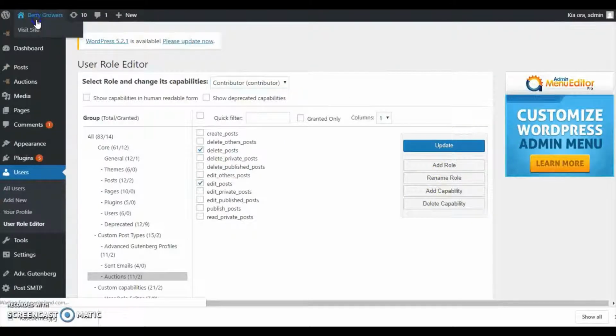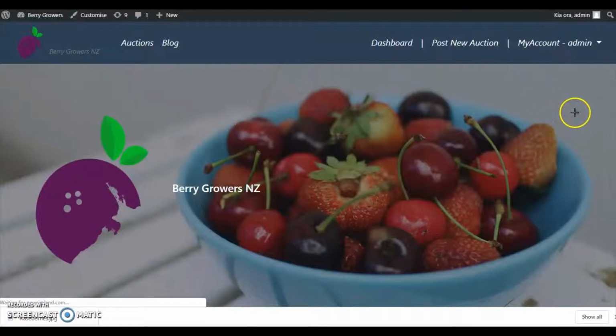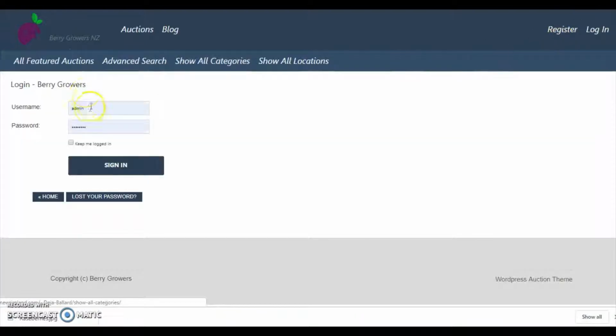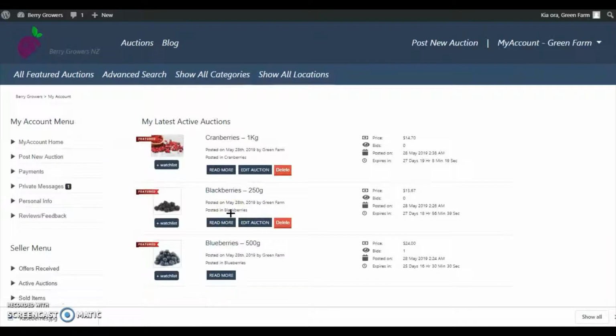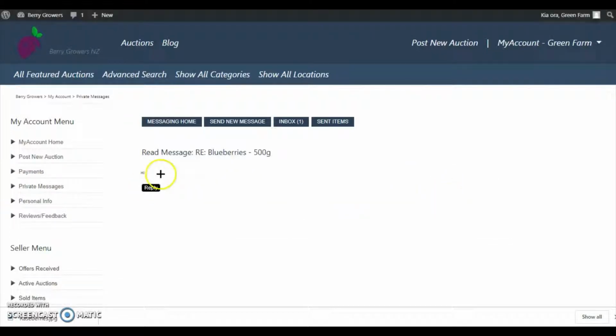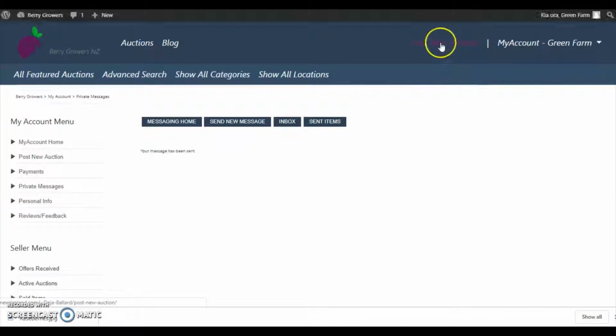Speaking of the farmers, let's move over and have a look at the posting process. And also, there's also web private messages, which I think will be from what we just said before. Okay, so